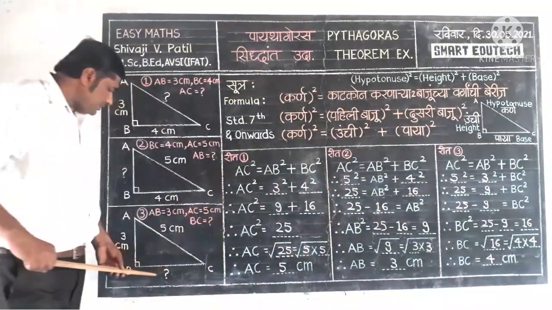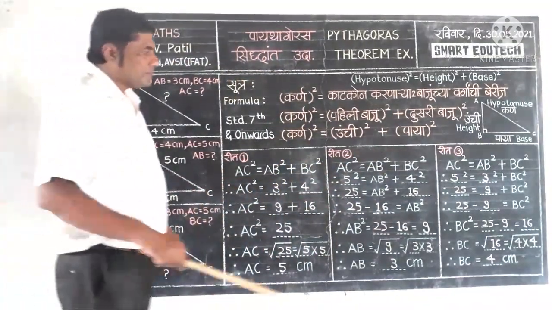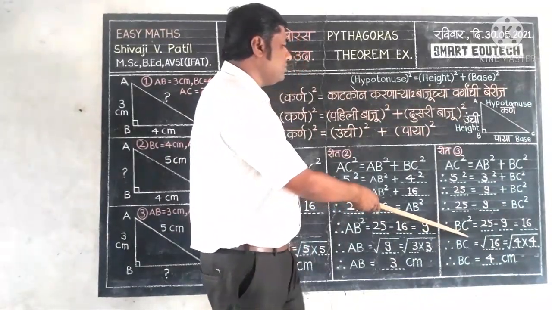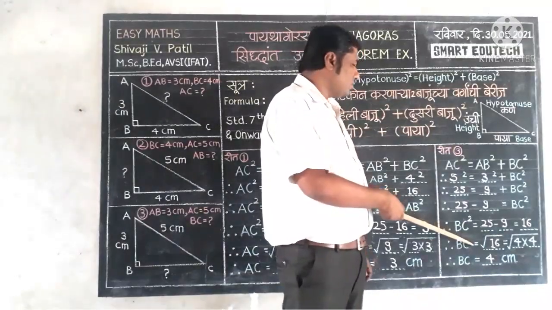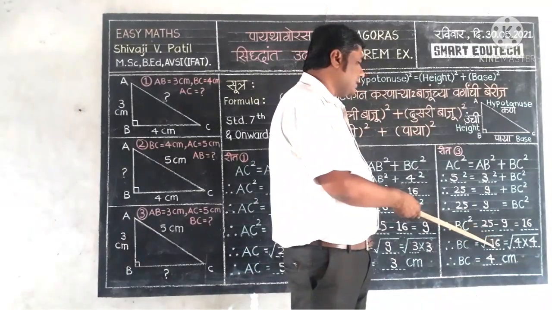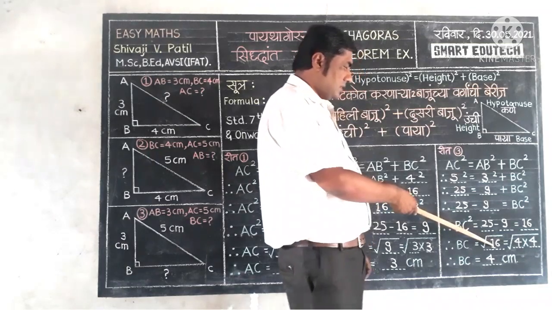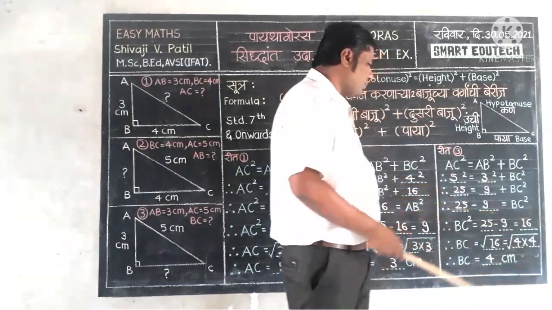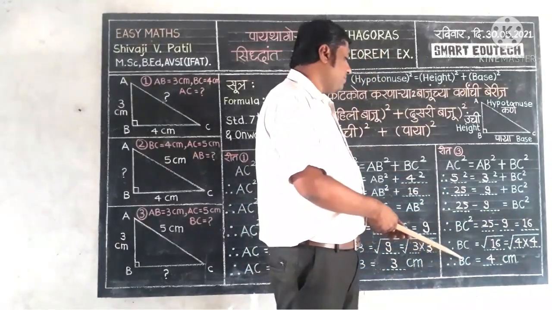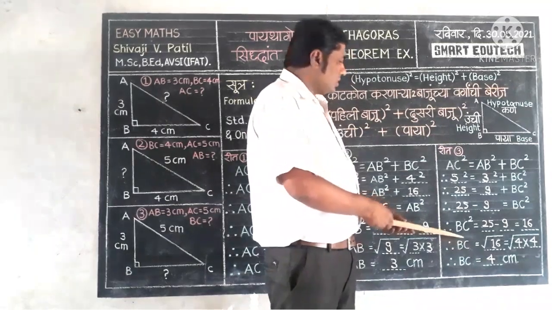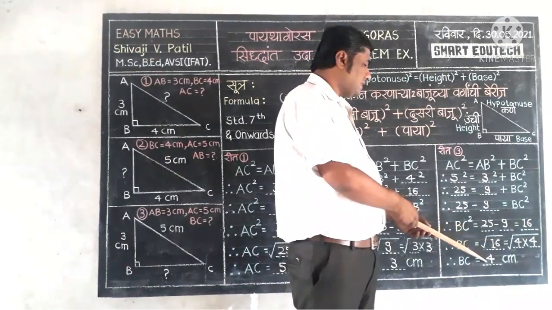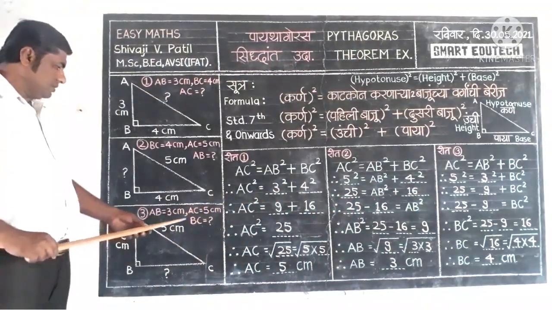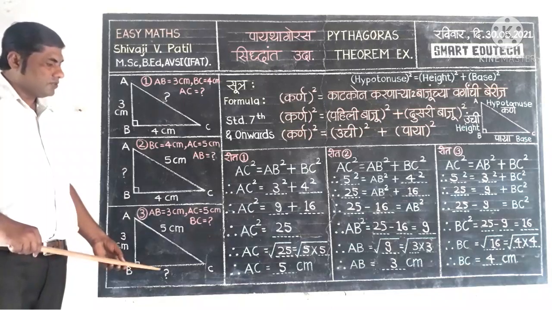We have to find here the value of BC. So, again remove the square from BC square, remove the 2 from here, and that is equal to under square root 16. Write here square root mark on the 16. So, square root of 16 means square root 4 into 4. Therefore, BC is equal to, now square root of 16 is 4 4s are 16. So, write here 4 centimeter. So, we get here the value of BC, and that is 4 centimeter.